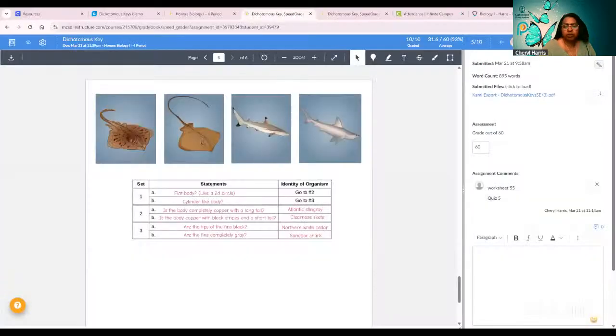All right, let me show you someone else's paper who did. All right, this is what you were supposed to do for that question too, and none of you did it. Everybody decided that we're just gonna skip out and we're not gonna do it. And I'm not going back to grade this again, but I just wanted to show you what you were supposed to do. From the activity, you were